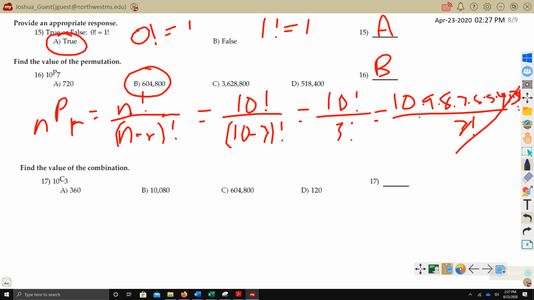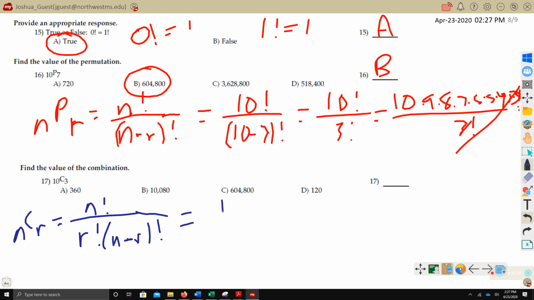10C3. So for combination, nCr, it's n factorial over r factorial times n minus r factorial. Okay? So it's got an added factorial in the denominator. So this is going to be 10 factorial over 3 factorial and 10 minus 3 factorial. So that's going to be